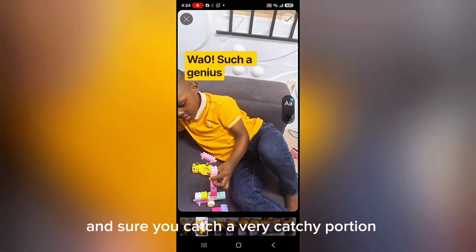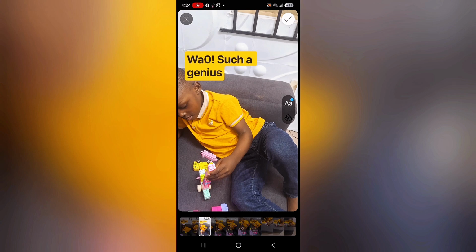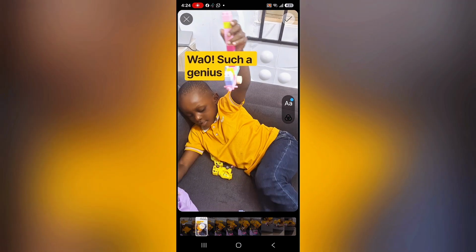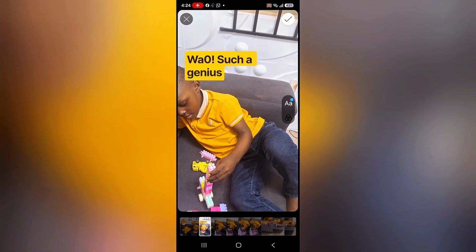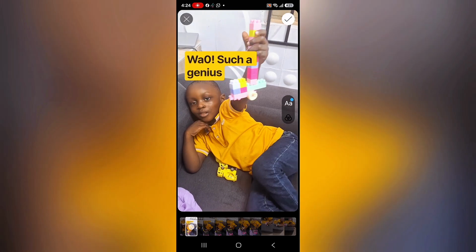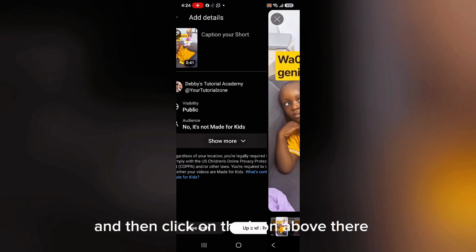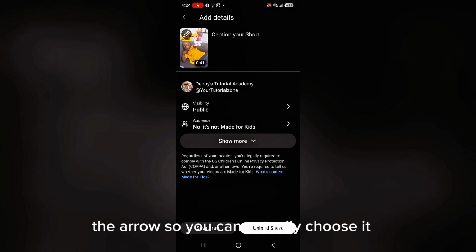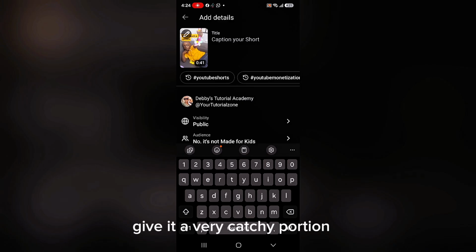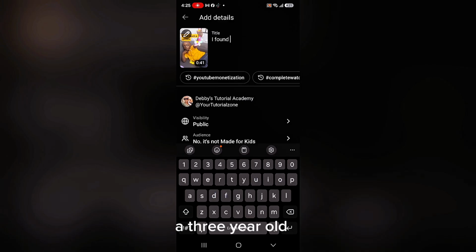Ensure you catch a very catchy portion. I think this one is catchy enough. Then click on the arrow icon above there so you can choose it. Select it, and then you come here and give it a very catchy title. You can write, I found a